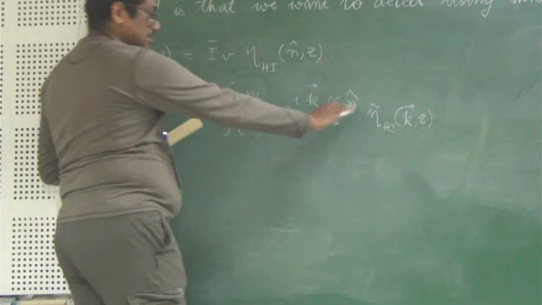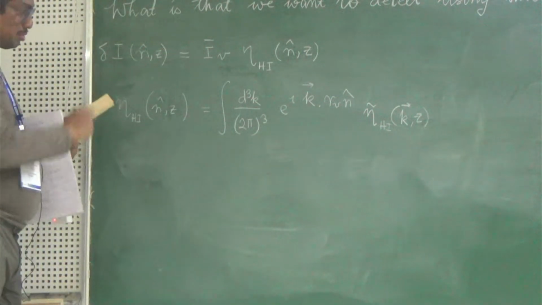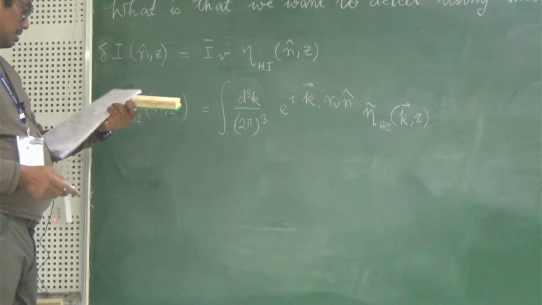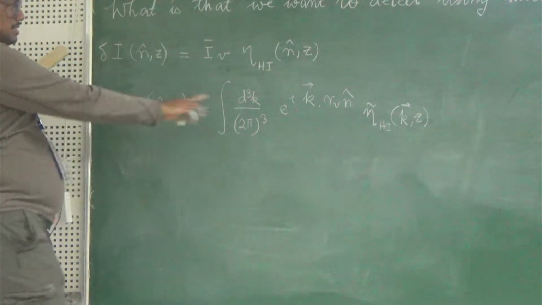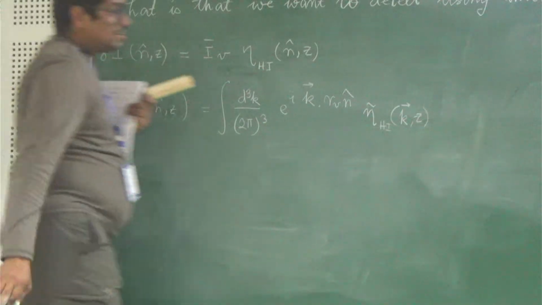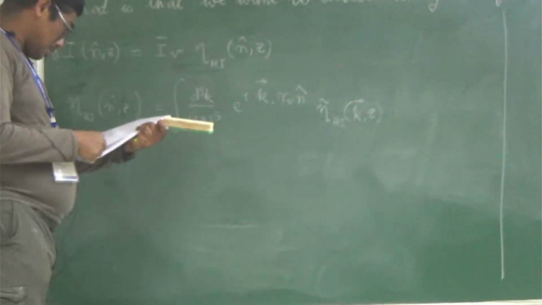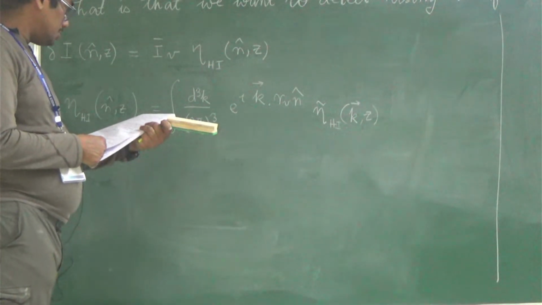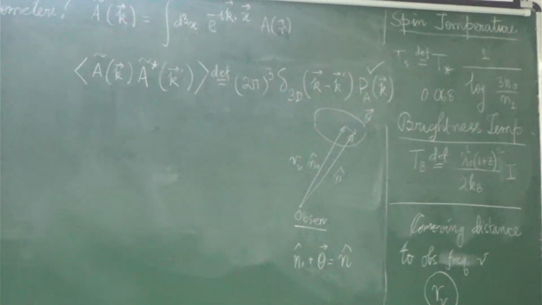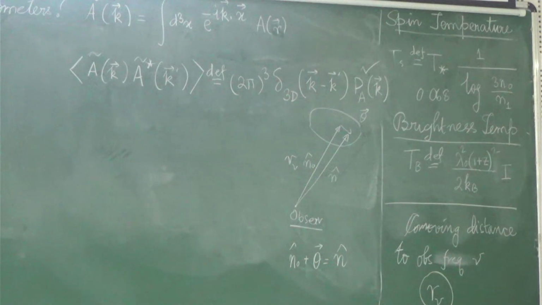For the time being, it is just n. I have done that decomposition here. If I do that, this is exactly the way I have defined the power spectrum over there. This is just the inverse relation. And I have to be careful: here this is plus, this is minus. But anyway, I can then define